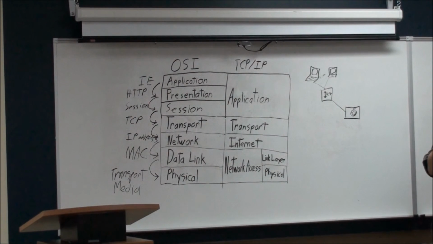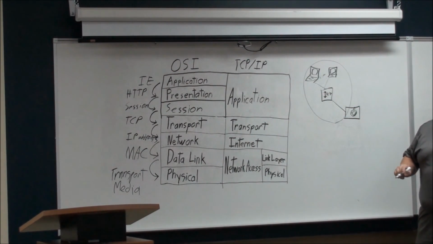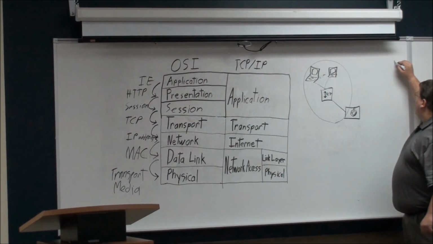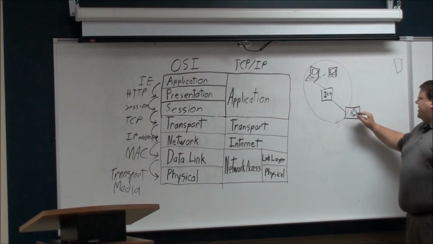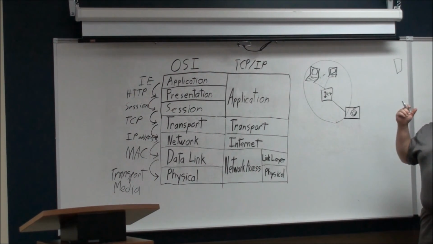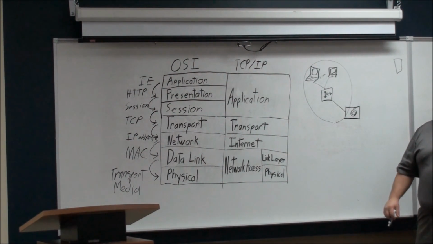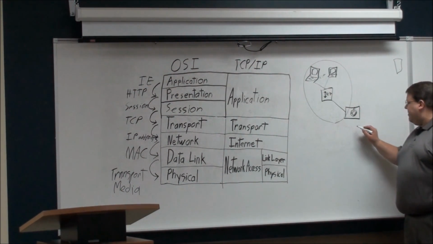They really don't use IP addresses to communicate to each other. So within the network, they're going to use MAC addresses to talk to each other. When they have to go out and get to a web server out on the internet, they're going to say, okay, to get out, I'm going to send this information to the MAC address of my router. What the router does is then it looks at the